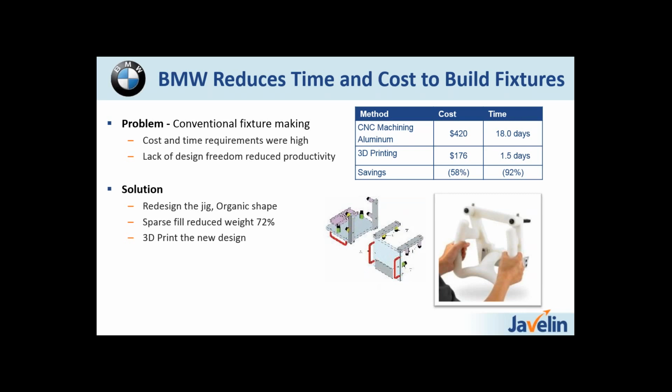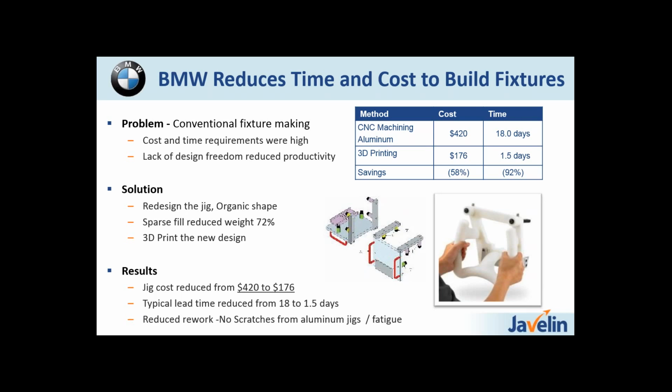The solution was to redesign this jig with an organic shape that made it easy to use. We can also print it somewhat hollow in the middle, so it has a sparse fill, so we're able to reduce the weight by 72%. By doing so, we come up with a new design, and we reduce our typical lead time from 18 to 1.5 days. But the really interesting thing, and you have to just give this some thought when you start to